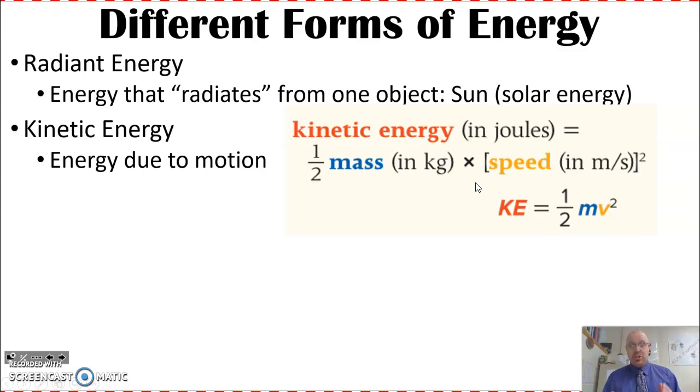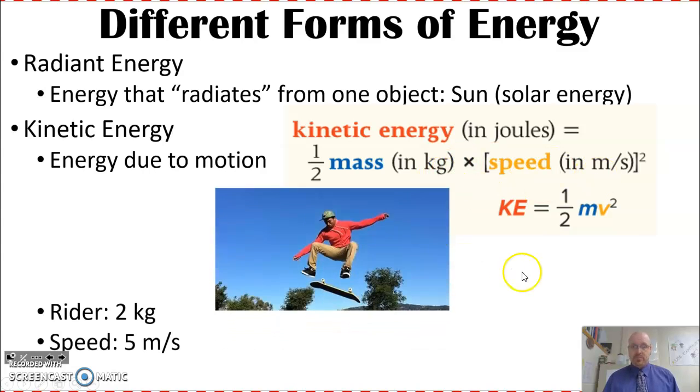And we can measure how much kinetic energy an object has due to its velocity, due to the fact that it is moving. And that formula is right here. It's KE equals 1/2 mv squared. So we just square the speed, square the velocity, and we take 1/2 times the mass. And that gives us our kinetic energy in joules. So this gives us a measurement of joules, which, if you'll notice, is kilograms and meters per second